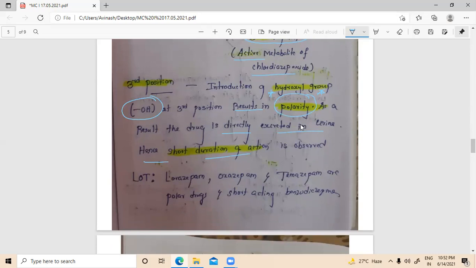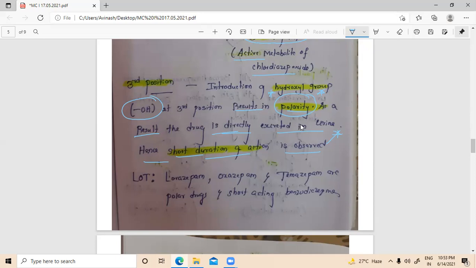Now if you are going to introduce a hydroxyl group, generally hydroxyl groups are hydrophilic in nature, so they can increase the water solubility of the drug. So because of this hydroxyl group at third position, it results in polarity. As a result, the drug is directly excreted in urine, hence short duration of action is observed. The problem with short duration of action is you have to give repeated dosage of drugs to get the patient